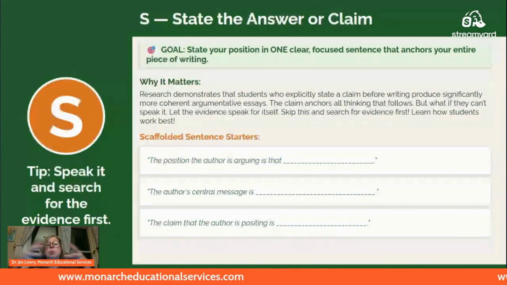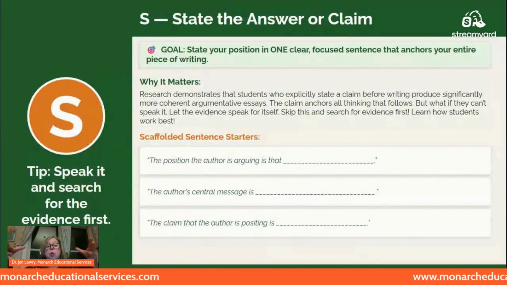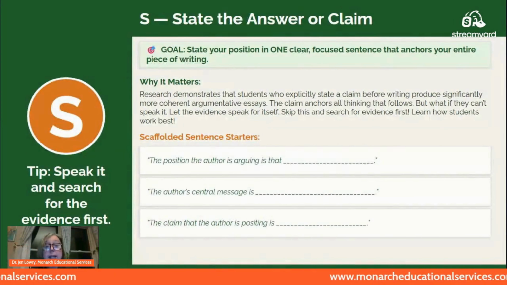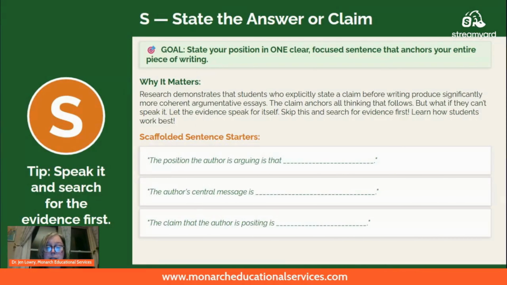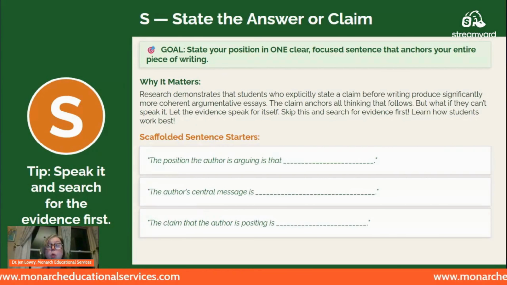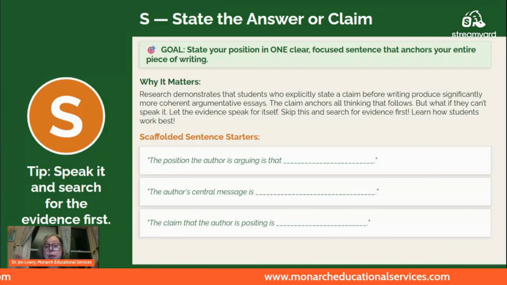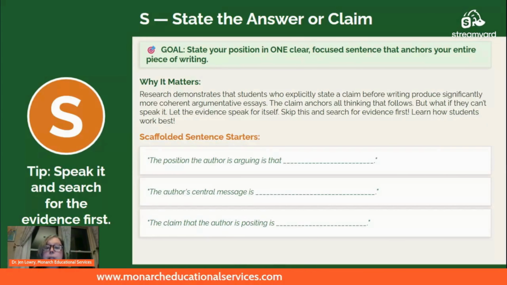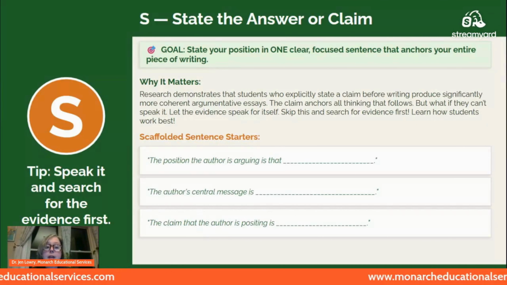And then we would take that and clarify it, clean it up, revise and refine, and we would move it into one clear, focused sentence. So sometimes speaking it or recording it helps. So that is just one I'm going to throw out there right now as a tip. Now, if the student does not know how to speak it, now, I know, yeah, you see frames here, right?